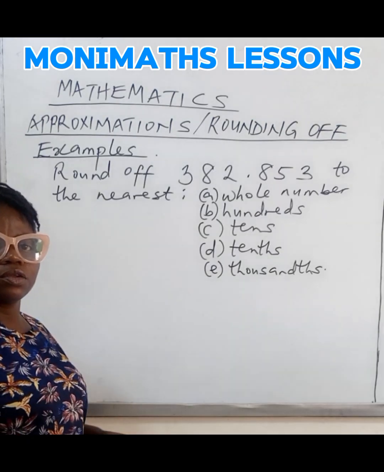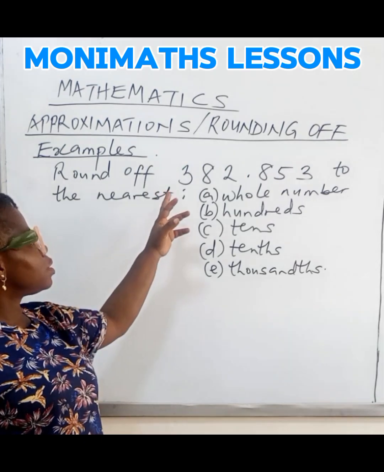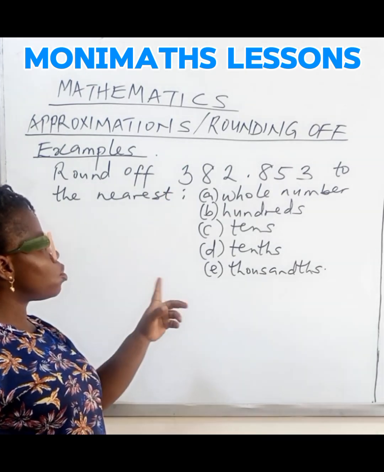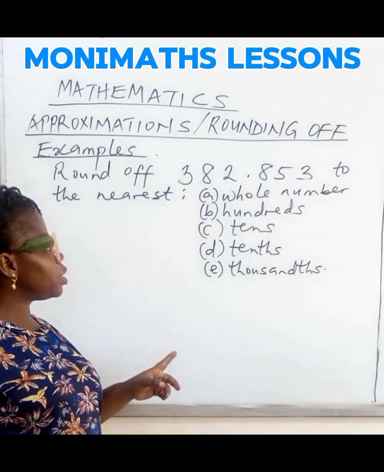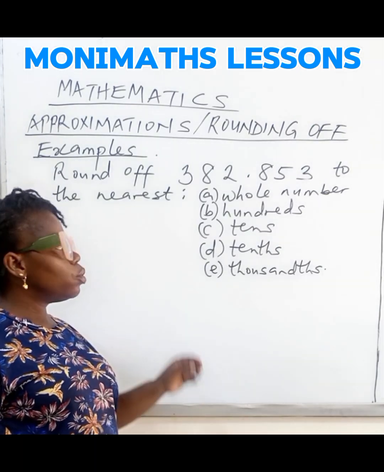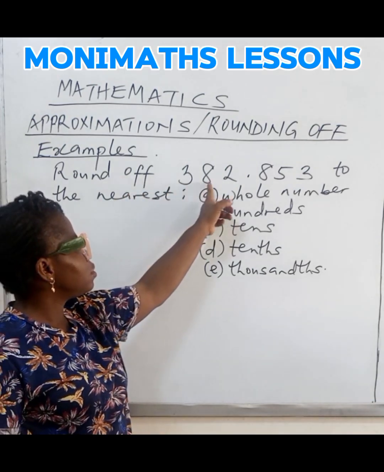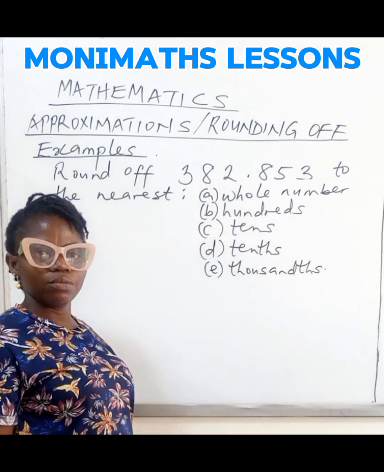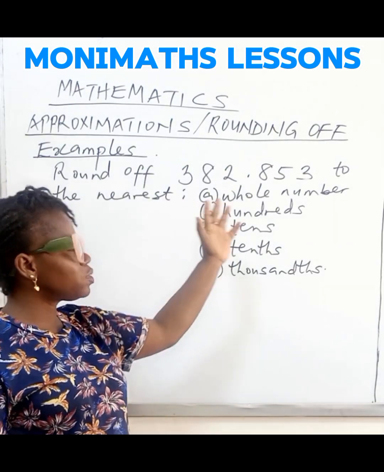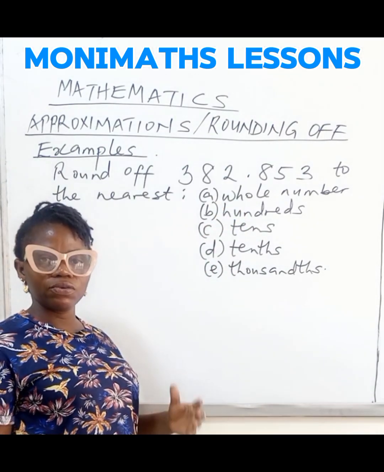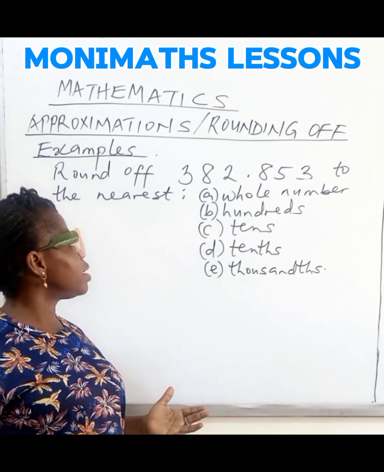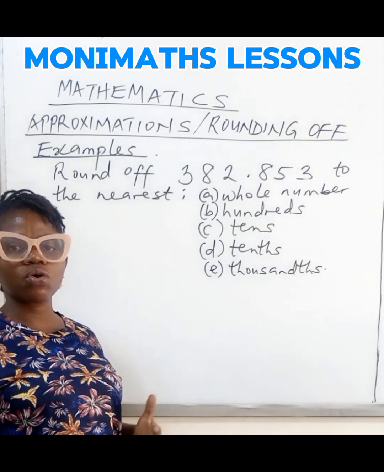Let us learn to approximate 382.853 to the nearest whole number, hundreds, tens, tenths, and thousands. We know that the digits from our left before the decimal point are whole numbers, while the ones after the decimal point are fractions. So when we are rounding off to the nearest whole numbers, we have to consider the